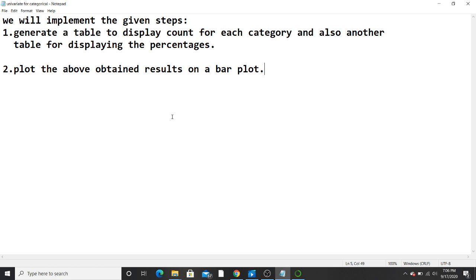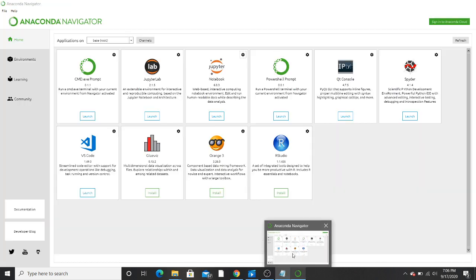Now, how will we do univariate analysis for categorical variables? We'll implement these steps. In the first step, we'll generate a table to display the count for each category. To implement it, I'm using Anaconda Navigator and launching Jupyter Notebook.